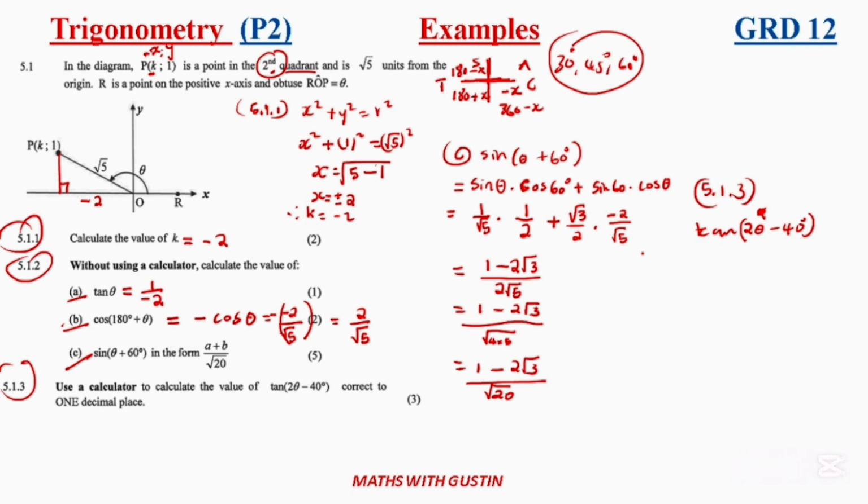If you look at question A, where is question A here? There it is. We found out that tan theta is equal to negative 1 over 2. So we can go into our calculator, do second function, without putting the negative. It is going to give us a value of